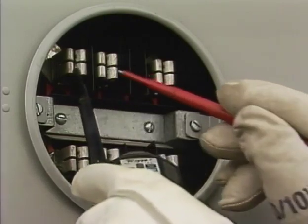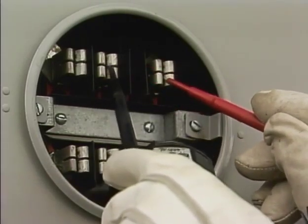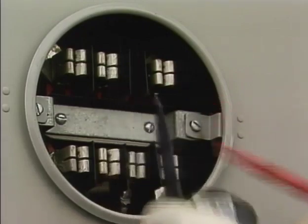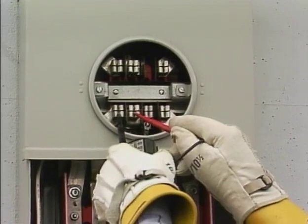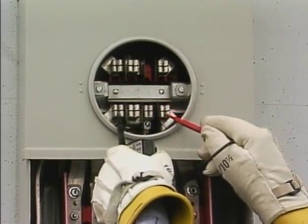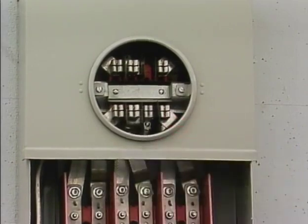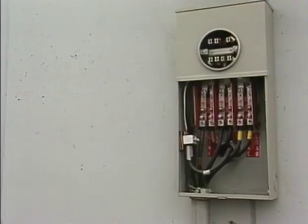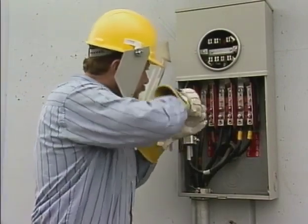Then he checks the phase-to-phase voltage between each of the line side jaws to make sure that he gets a normal phase-to-phase reading. When he tests the load side jaws phase-to-phase, the reading is 0. If the reading showed a voltage, an internal socket problem would be indicated. Now that he is confident that the meter socket and the terminations are in good order, he can install the